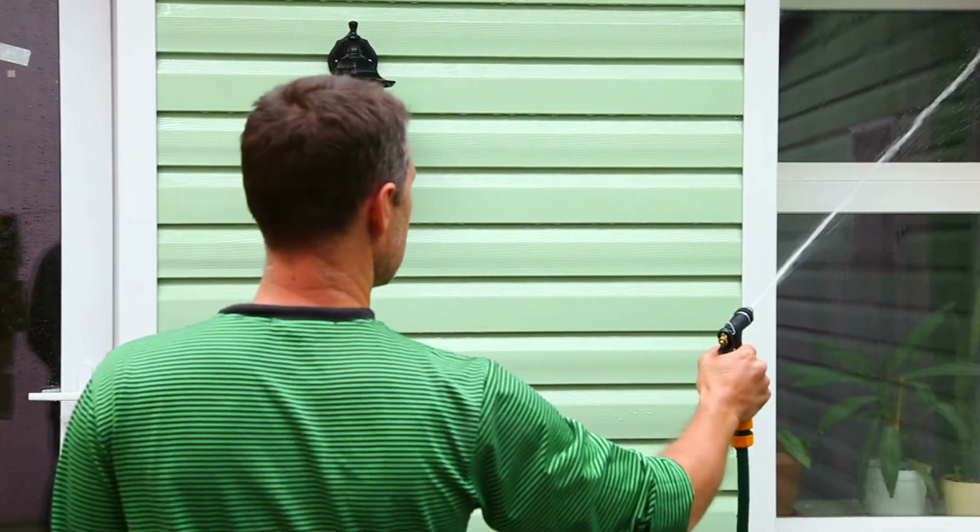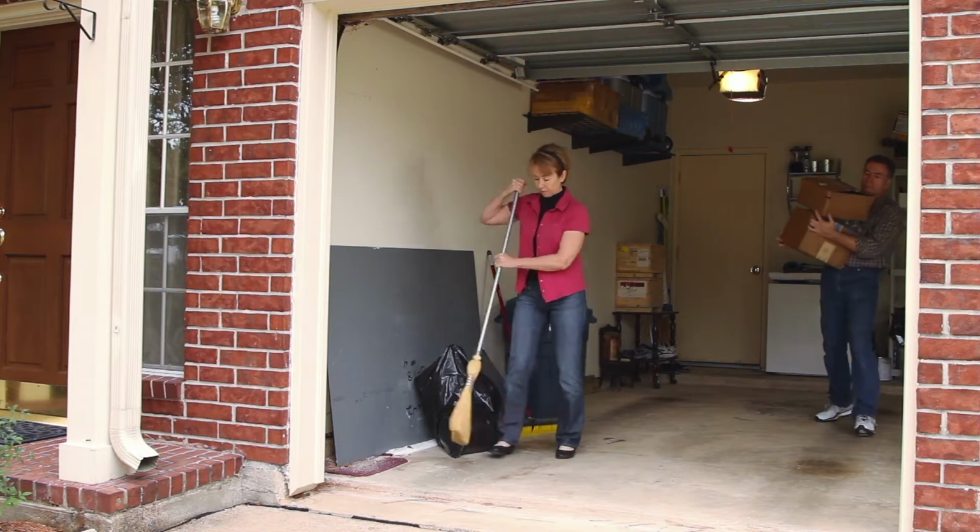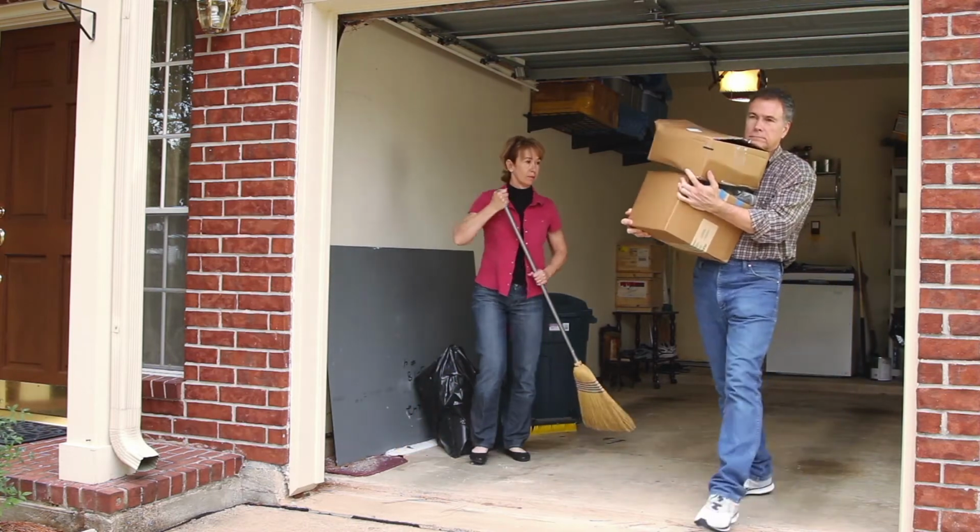First of all, go through the pathways, the walkways, the driveways, and look for any issues with your concrete or asphalt that may have cracks or broken pieces that are coming off that can cause any injury or spread more. Fortunately, asphalt is a lot cheaper and you can patch it, but sometimes concrete must be replaced. So take a look at what needs to be done, start that checklist and write down a list of